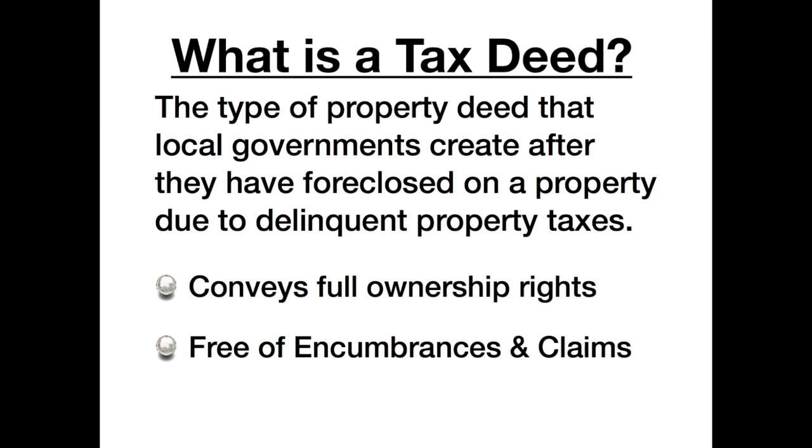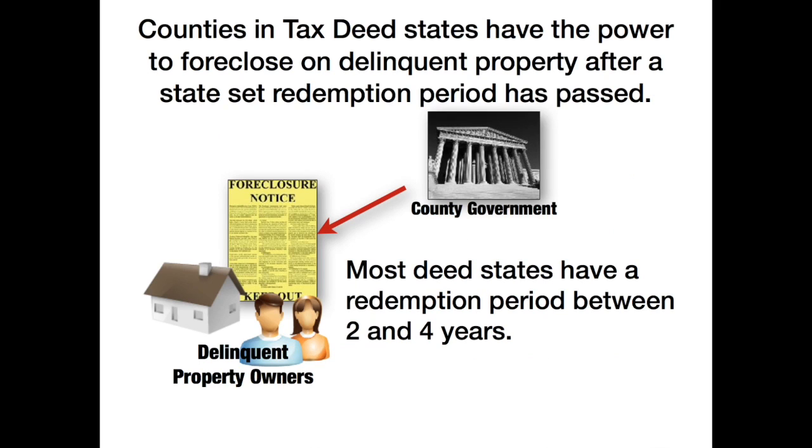Now, other things about the tax deed: it conveys full ownership rights. So when you purchase a tax deed, you are purchasing the property outright. It's also free of encumbrances and other claims. And that's partly due to the judicial foreclosure that the property has just been through prior to being offered at a tax deed sale. So, to help you understand a little bit better how this works,